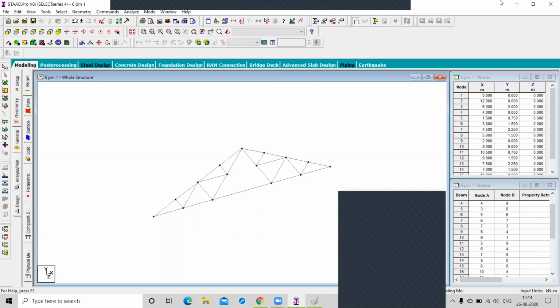The front top view in AutoCAD is displayed in the XY plane. That means the Z direction is your vertical direction. But here you can see in the lower left corner, the Y direction is your vertical direction, and X and Z are your horizontal directions. So this is the big difference between AutoCAD and StaadPro.